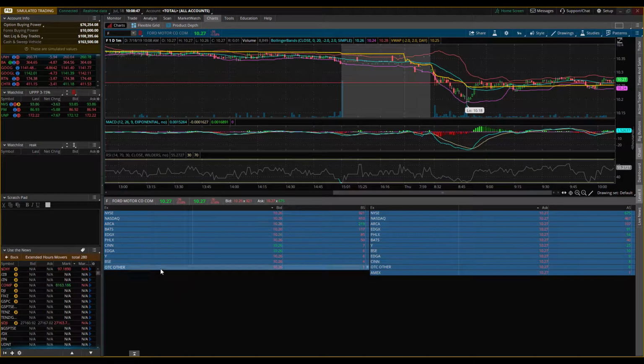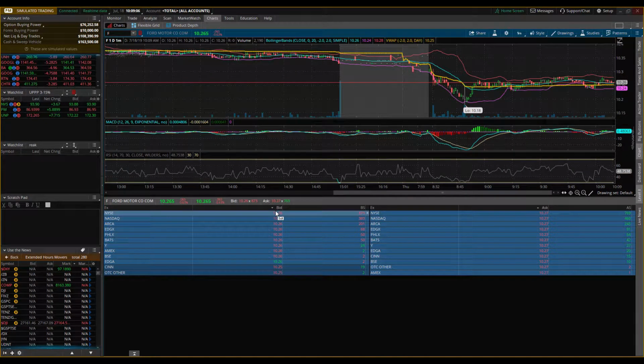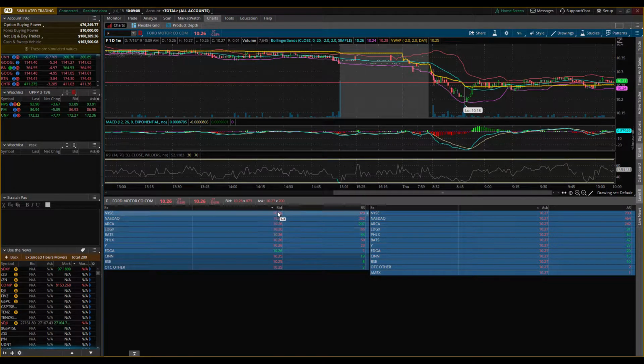The first section here is what exchange these orders are coming from. There's the New York Stock Exchange, the NASDAQ, and many different exchanges that these are coming from. Then we have the price. This is the bid price. This is what people are trying to buy this security for. We have 1025 to 1026. And last we have